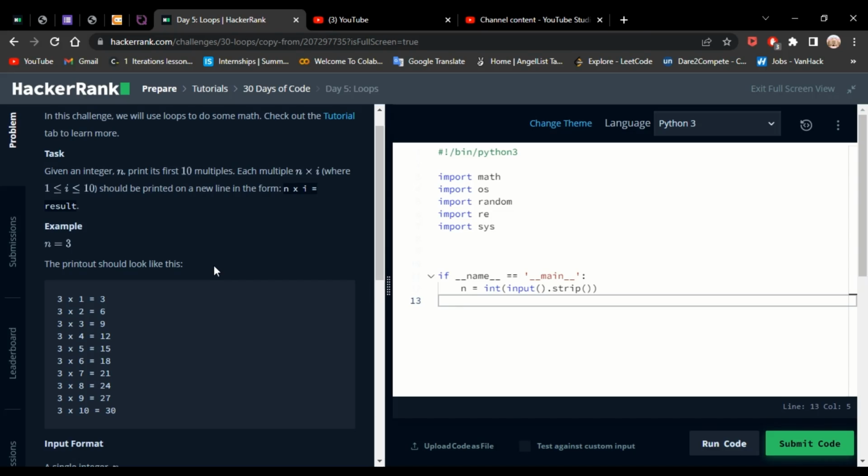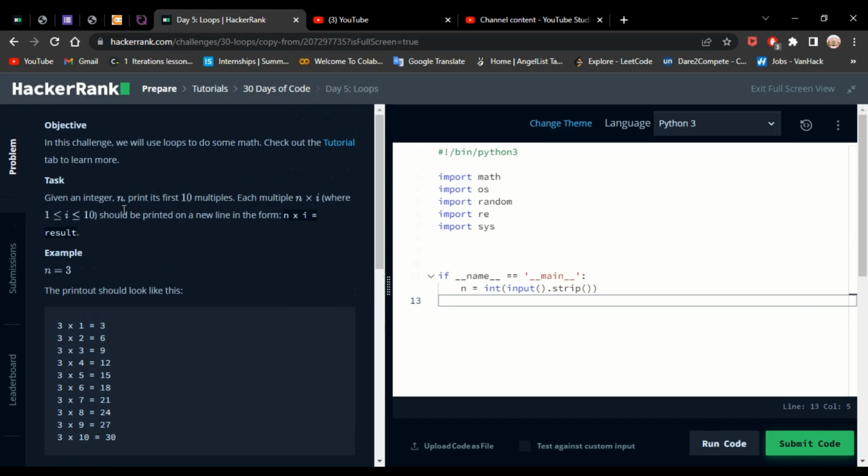तो हम लोग को करना ये है कि इस क्वेश्चन में हम लोग को एक इंटीजर n दिया रहेगा और इसके 10 मल्टीपल्स को प्रिंट कराना है, और वो होना चाहिए हम लोग को n इंटू आई इक्वल टू रिजल्ट के फॉर्म में। तो मैं इंग्लिश में भी समझा देता हूँ।